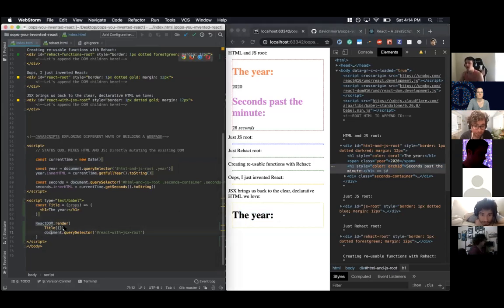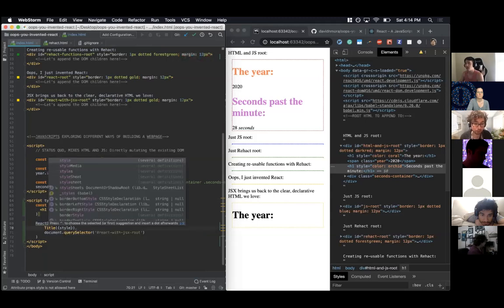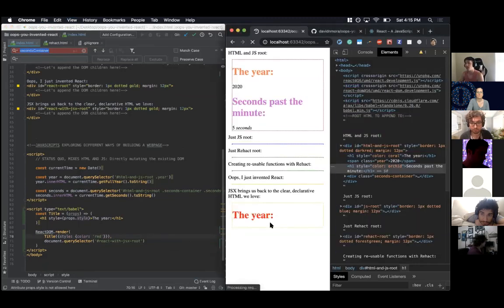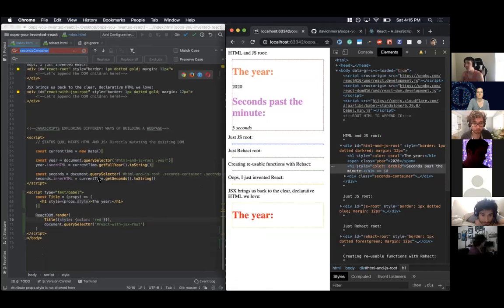And then now I can go in and do some things. Let's say I want to pass in a props.style on this element. So I'm going to say style equals props.style. And what I'm doing is, in my properties, I can now pass in a style and say that the style should be, I want the color to be red. Like that. And I can refresh the page. And you can see I've now made it red,